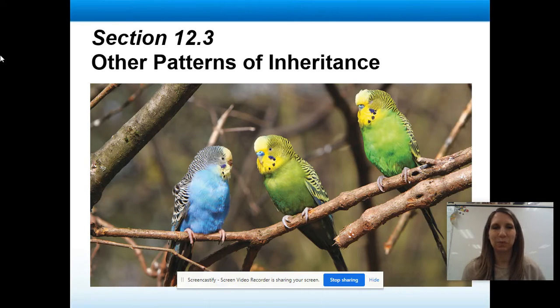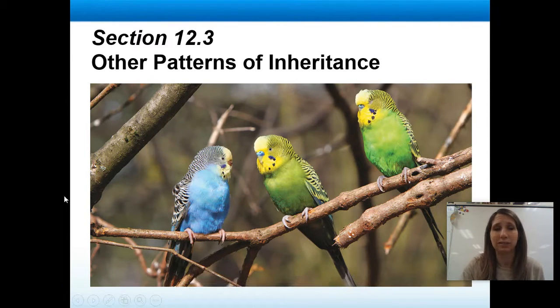Hey guys, we are doing here section 12.3, which deals with what we call non-Mendelian inheritance, which means these are going to be inheritance patterns that don't follow Mendel's rules. So these ideas that we've been talking about so far in chapter 12 regarding what it means to have a dominant allele versus a recessive allele, when we have homozygous versus heterozygous, some of those will not apply here any